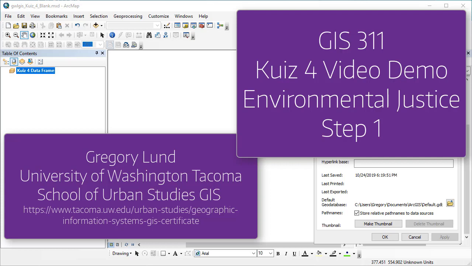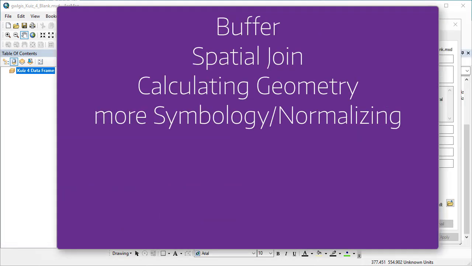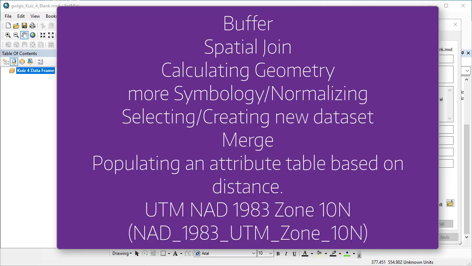Attribute joins and clipping will be quickly reviewed. The following new skills will be demonstrated: buffer, spatial joins, calculating geometry, symbology using quantities, normalizing your symbology, selecting certain areas to analyze, and creating a selective data set of said features. Merge, and utilizing a handy trick to populate an attribute table of a shapefile or feature using selective selection methods